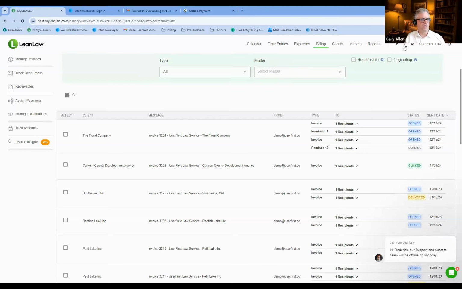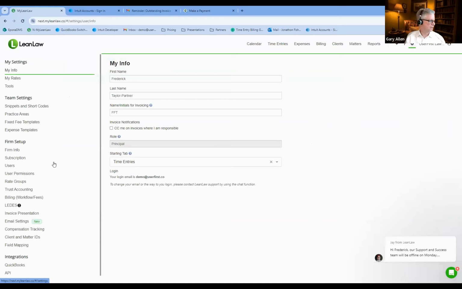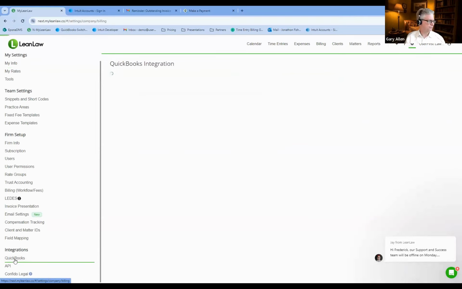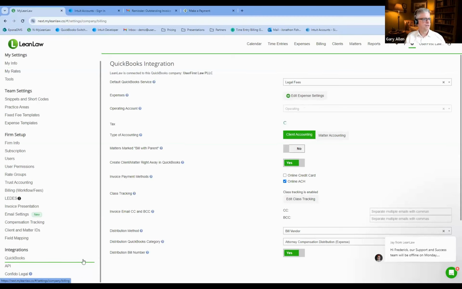And just to give you an idea, let me go to our settings for just a second, and we'll look at the QuickBooks integration page. There's a whole bunch of things that we do with QuickBooks on this page, and this is just the beginning. It creates a default service for where things go. It allows us to edit expense settings, designate an operating account. There's another section that allows us to designate a trust account. It lets us decide whether to do client or matter-based accounting in QuickBooks,